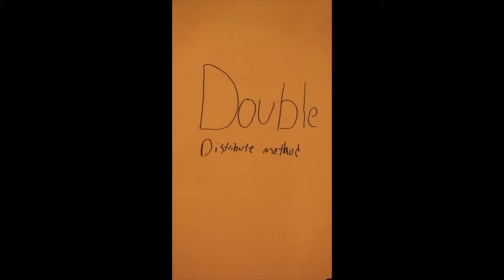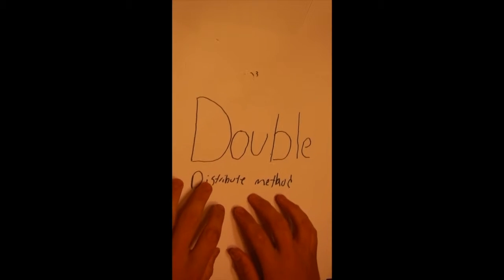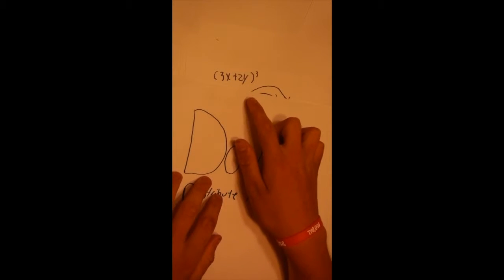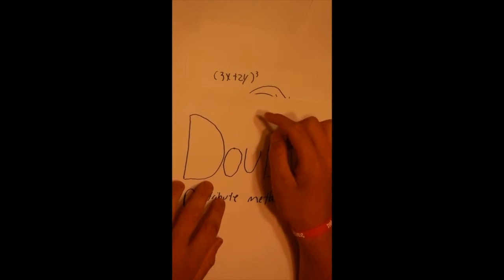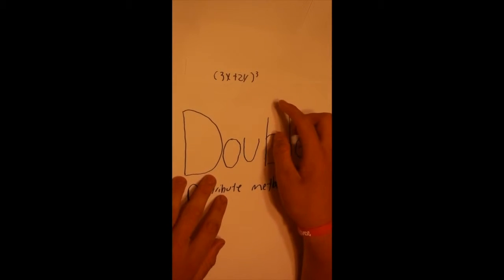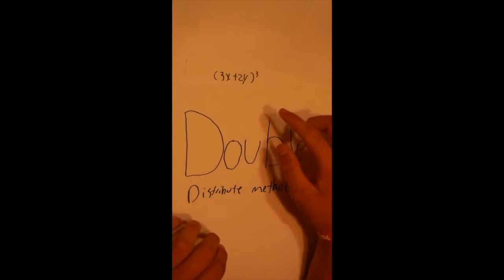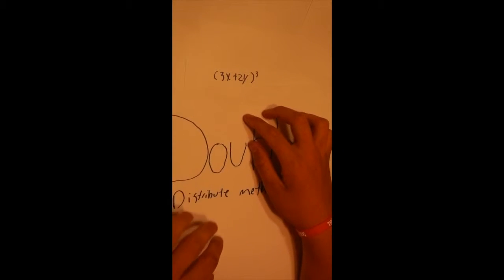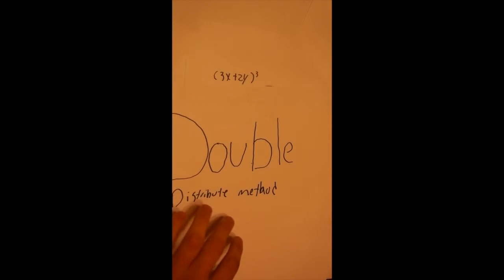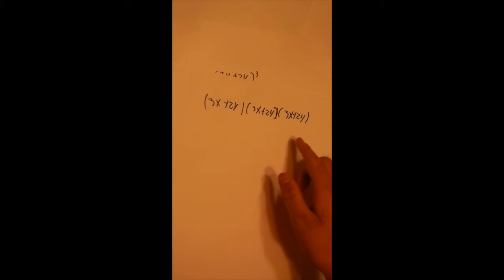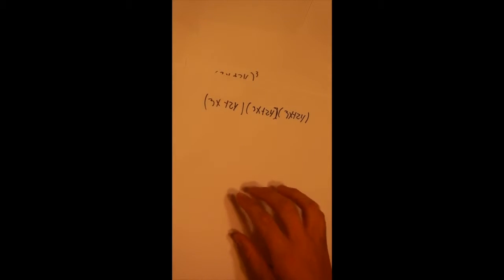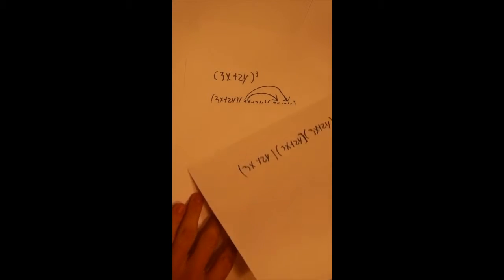Hey, my name's Henry. I'm going to be showing you how to do the double distribute method. So we're going to start with (3x^2 + 2y^3). Normally, if it was to the second power, you would just FOIL it, and we will end up doing that just a little differently. So you write it out like this: (3x^2 + 2y) times (3x^2 + 2y), and so on. So you write it out like this, and then from here you carry out